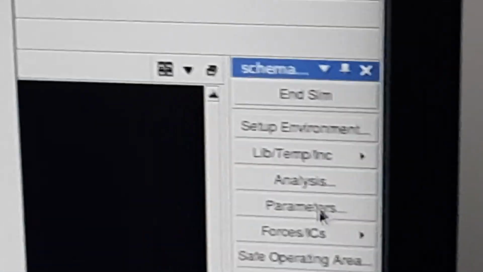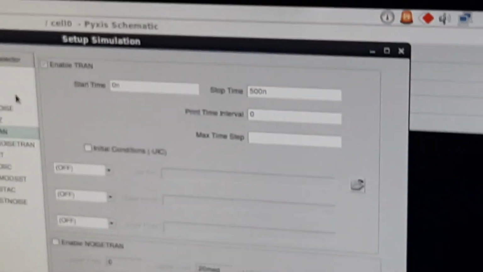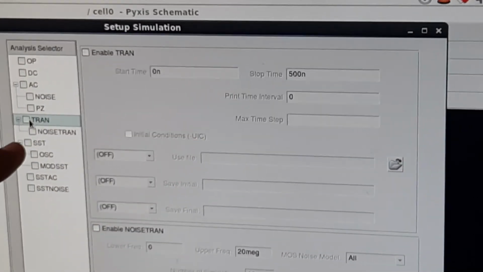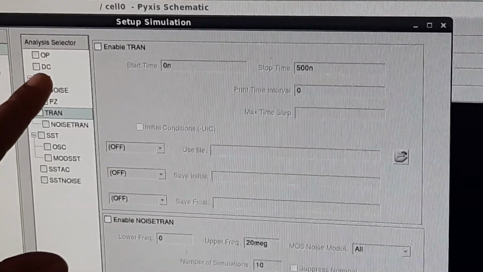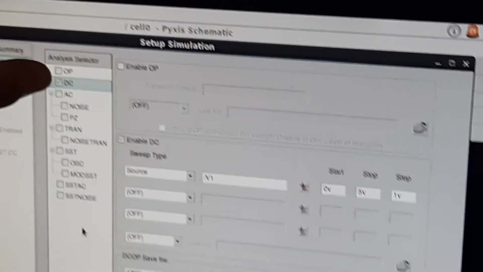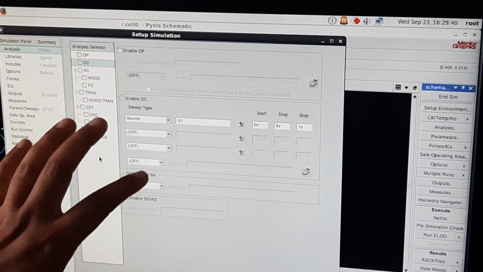You click on this analysis folder. In this analysis part there is an option, and this option is DC. Today I am discussing the DC analysis. You just click on this button. This is DC, the DC simulation, DC analysis.